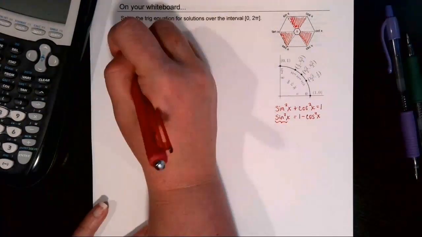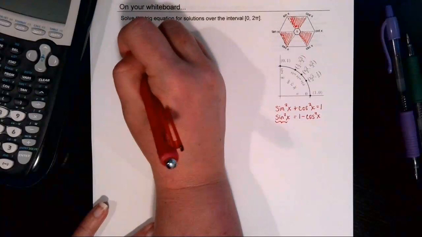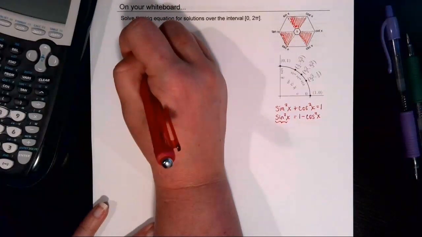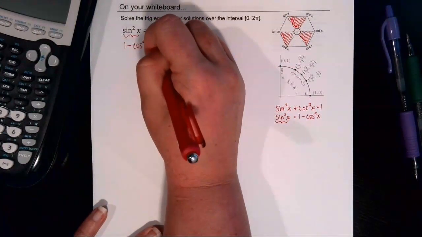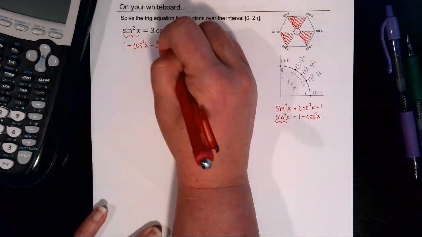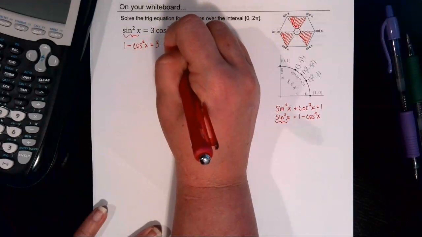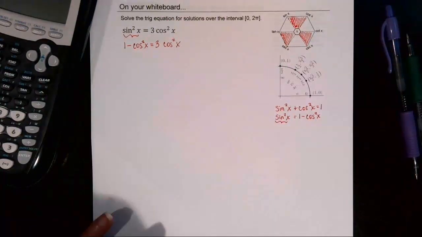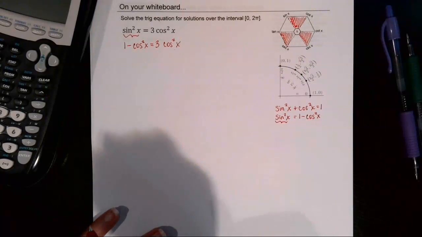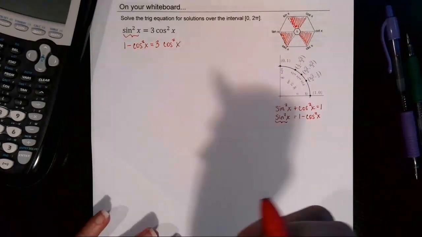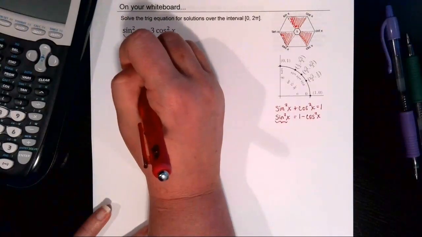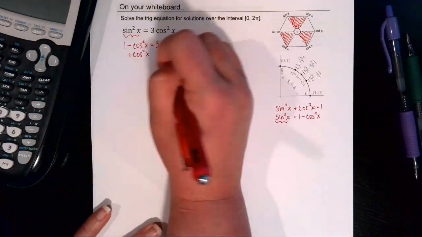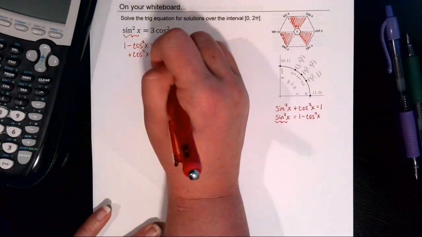So doing that substitution, I then have 1 minus cosine squared x is equal to 3 cosine squared x. Okay, now I want to try to get everything on the same side of the equation so I